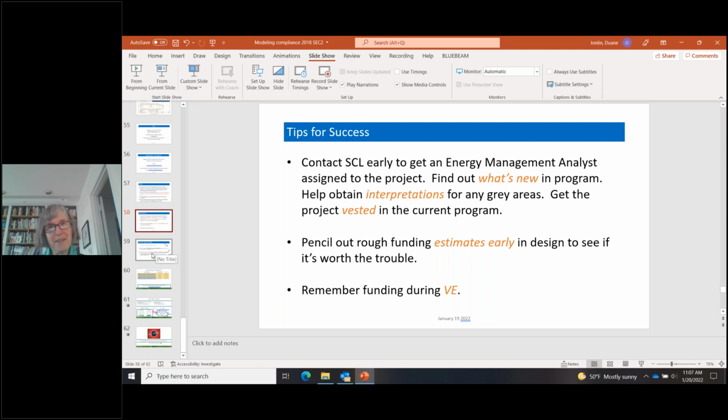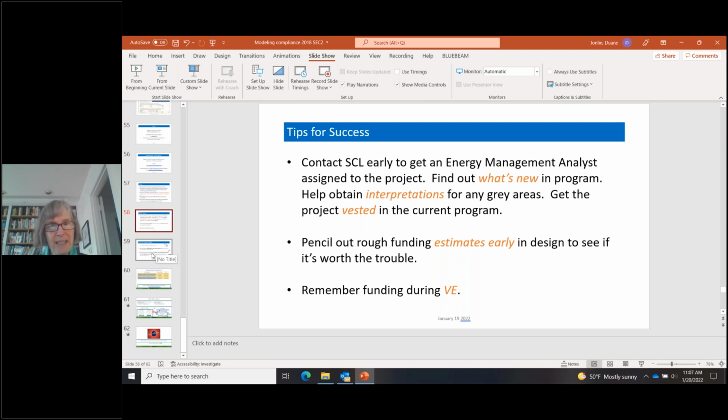Now, I understand very humbly that it's hard to even meet our code, much less go beyond our code. And so I wouldn't even be talking to you about this, except that the city of Seattle does have some amazing developers and amazing designers, amazing contractors, and hats off to those of you who continue to target performance beyond code.